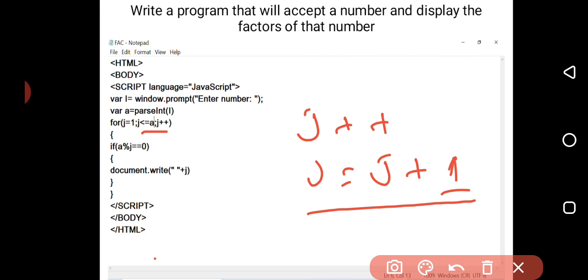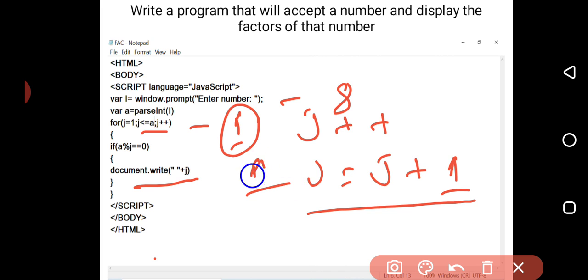Now the second brace, this is the syntax. If a modulo j is equal to 0: suppose the first number generated is 1, and user has given 8. 8 divided by 1, remainder will be 0, so 1 will be printed here.